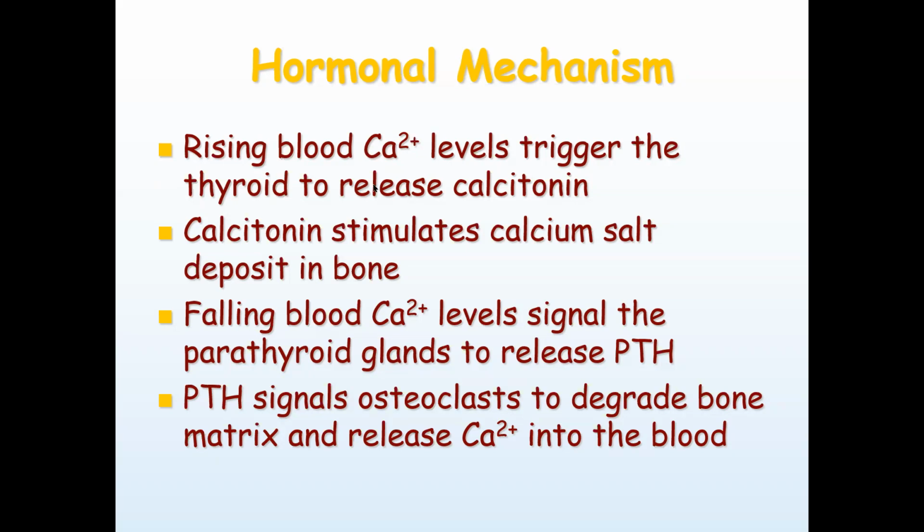Now, generally speaking, as your blood calcium starts to rise, your thyroid gland is going to release a hormone called calcitonin, right? I'm hoping you all realize that calci looks like calcium, right? So calcitonin is going to be involved with calcium. And calcitonin stimulates, of course, no surprise, the deposition of calcium salts into your bone. So simply put, when you consume a meal high in calcium, your thyroid gland releases the calcitonin. And then the calcitonin causes the removal of the calcium from the blood